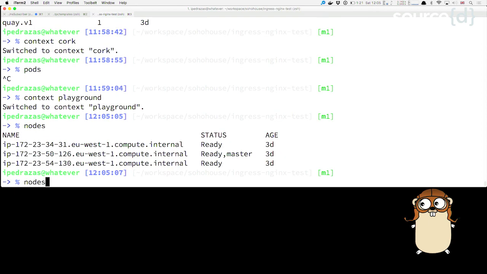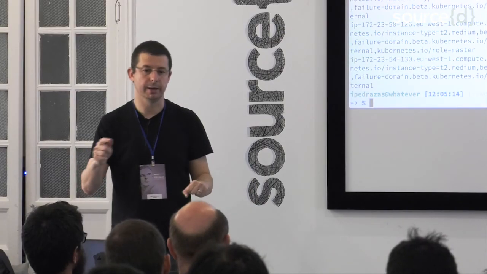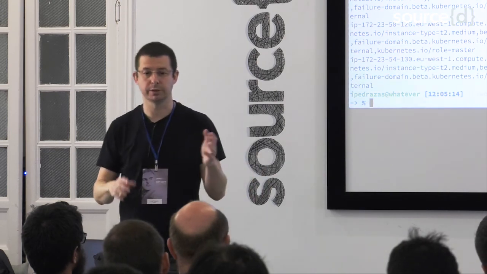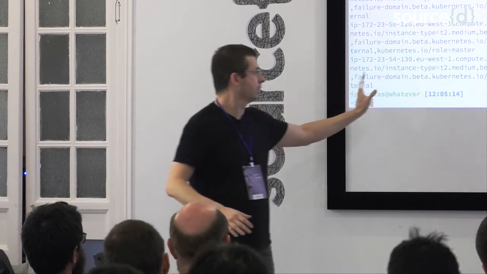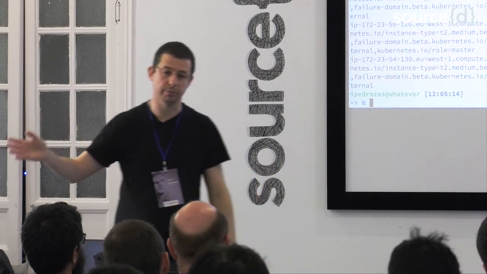So we have these nodes, and I can label nodes. We can put labels, and then you can say, I want to run this Salesforce integration in a node that has the label Salesforce whitelisted, right? And machines come and go, as we all know. So the operator is in charge of making sure that we have all the whitelisted IPs assigned to the machines and labeling all these, because part of the task involves talking with the Amazon API, and another part is basically talking with the Kubernetes API.